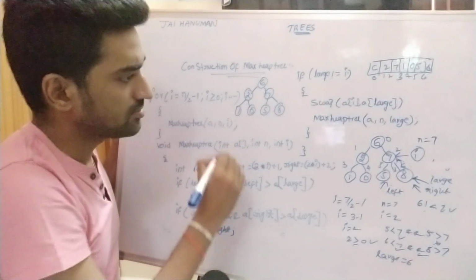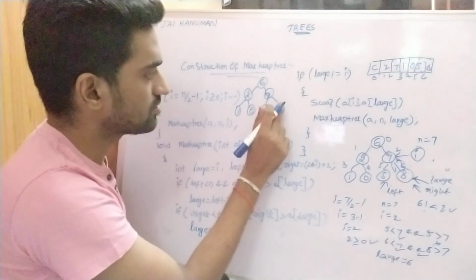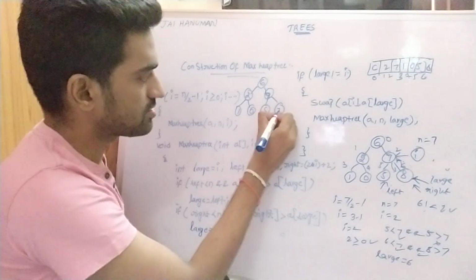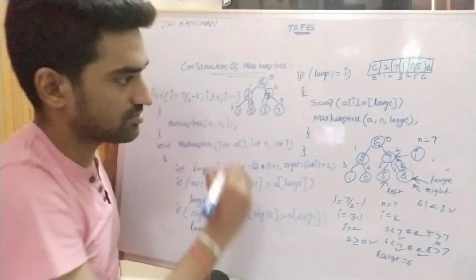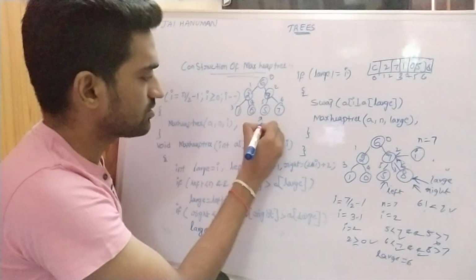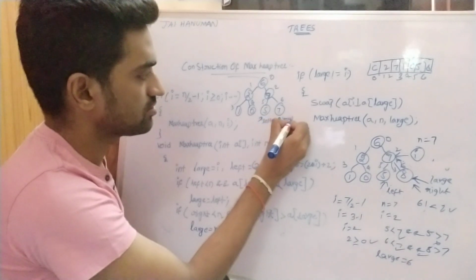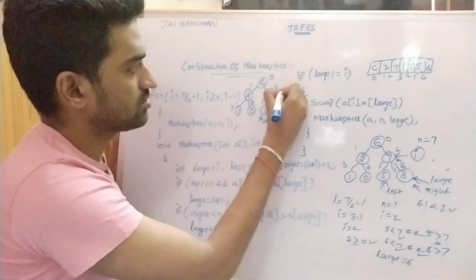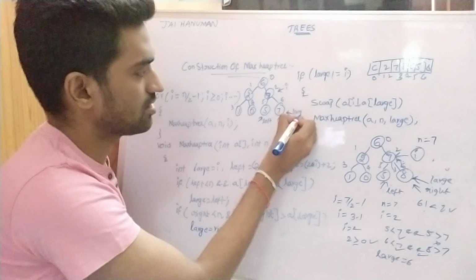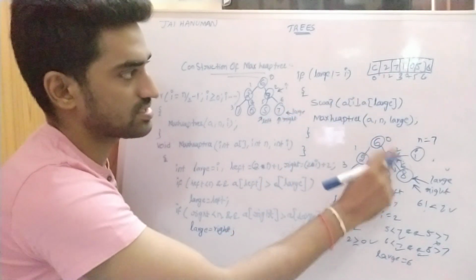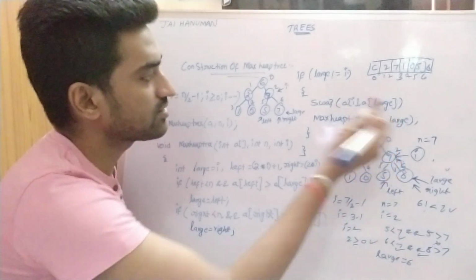Right now. So here, once we apply swapping procedure, this is 8, this is 7, 0, 1, 2, 3, 4, 5, 6. Right? So this is left, this is right, this is I, this is large. So you can apply swapping procedure, A of I, A of large, right? So then we can call A comma n comma large.